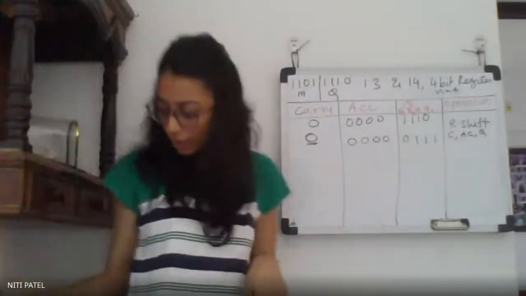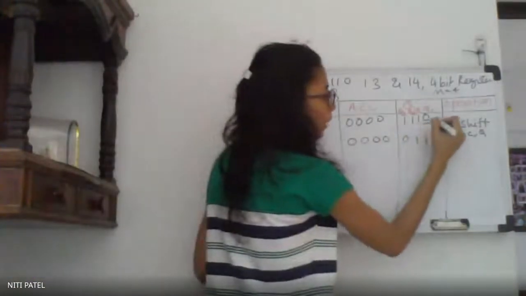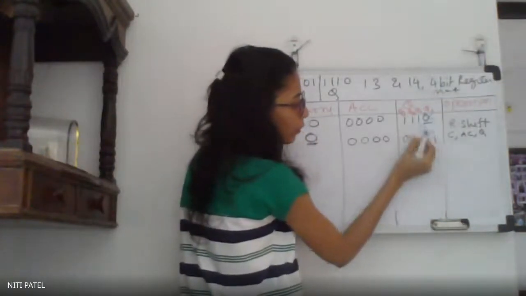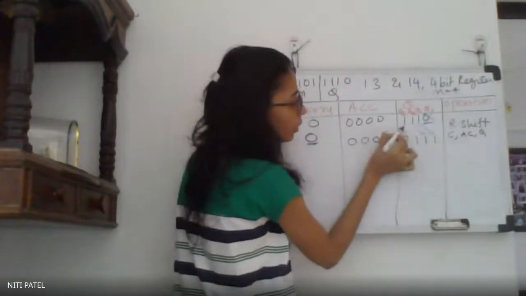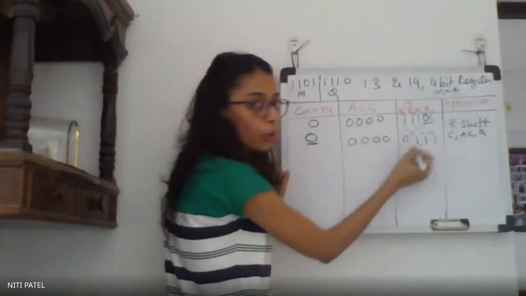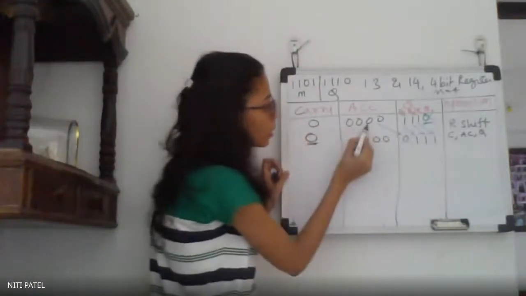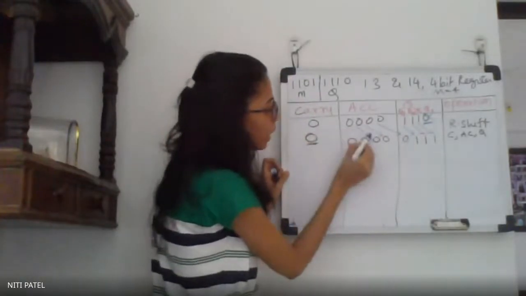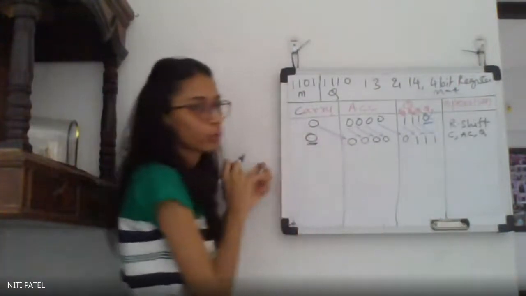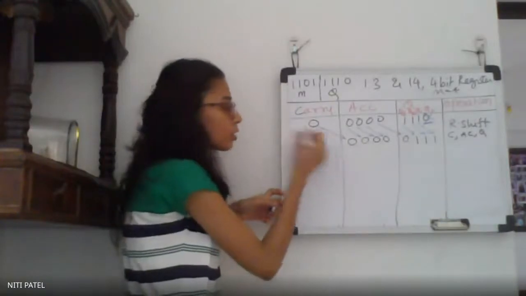Did you understand what I did in the right shift? Your first bit will be discarded, that is removed. Your 1 will shift here, this 1 will shift here, this 1 will shift here. I have to represent it in 4 bits. So I will take this 0 over here. This 0 is shifted to first place, this to second place, this to third place, and this to fourth place. Again, I cannot keep this empty, so I will append it with 0.